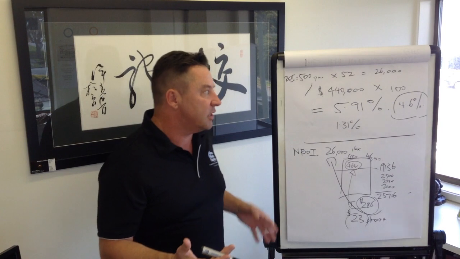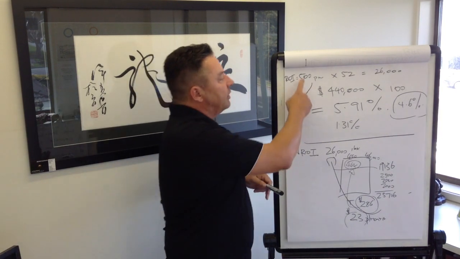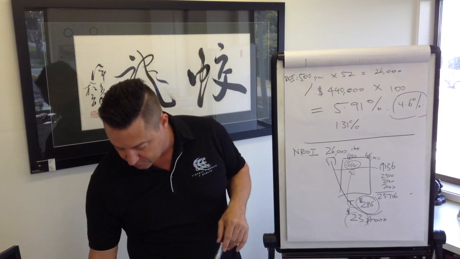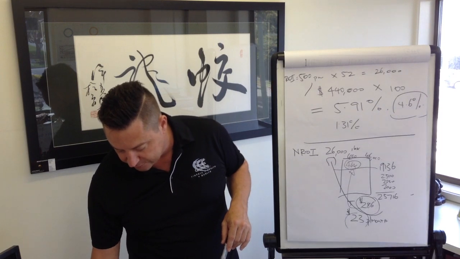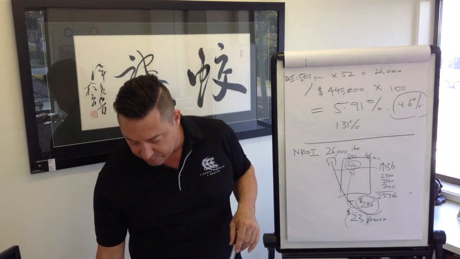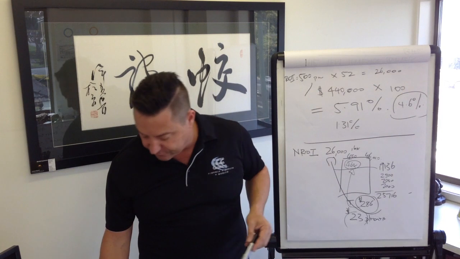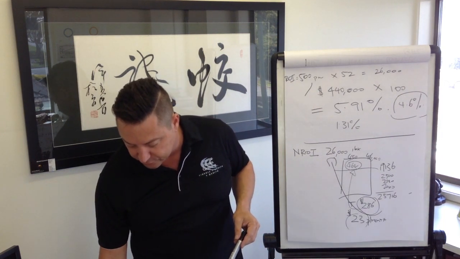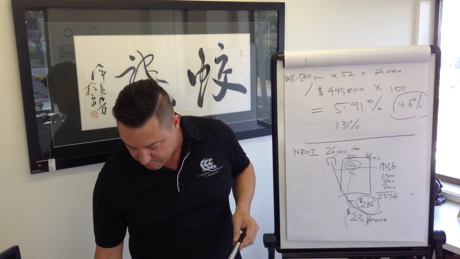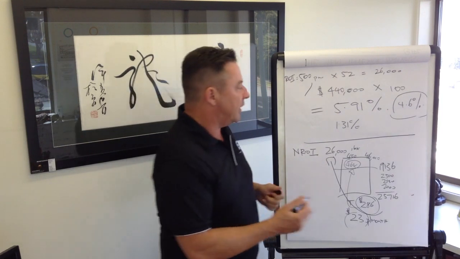But let's say, for instance, we put a granny flat on, and we're now talking $700 a week. 700 times 52, divided by the purchase price of, say, $400K, or $416,000 actually, multiplied by 100%, gives us an